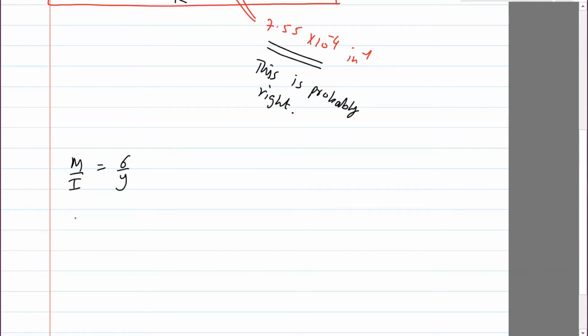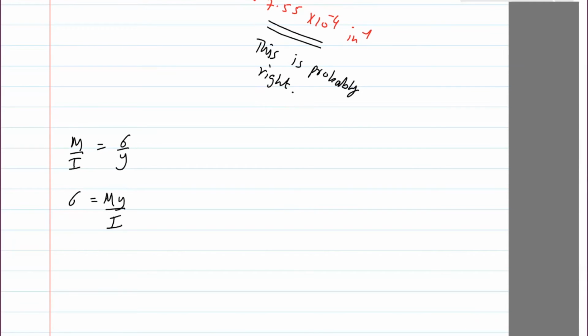So sigma equals M y over I. Usually in any problem, you're given the moment. You're applying a force on the element, and then you find the moment. So M is given, I is a property of the section, and then you want some random object of cross section,